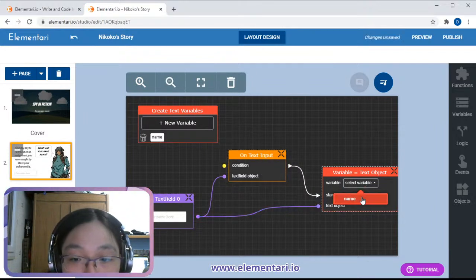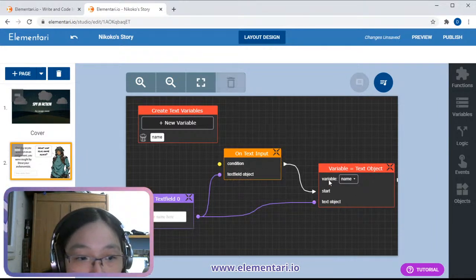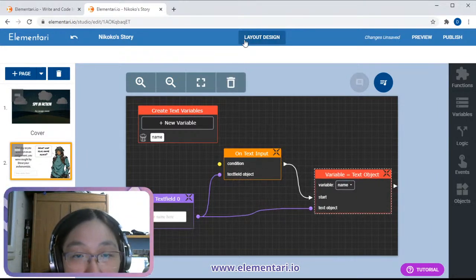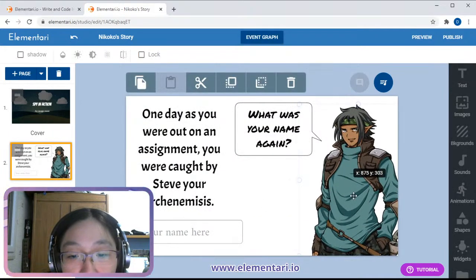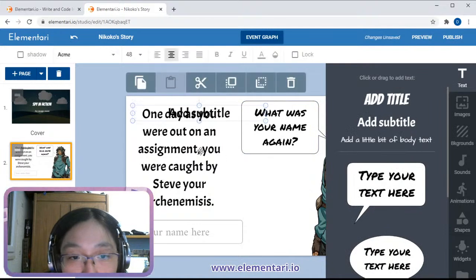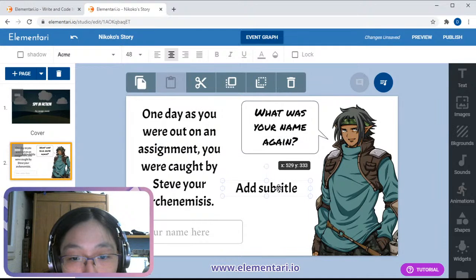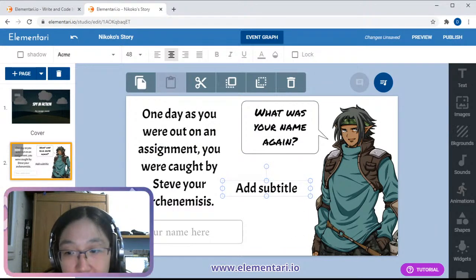So then I would select a variable, in this case it's name, and then it will be fine and dandy. So on the layout side, do you remember how we showed that there was a variable on the layout side?